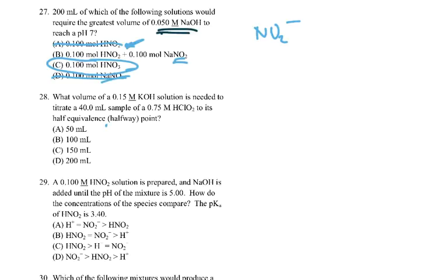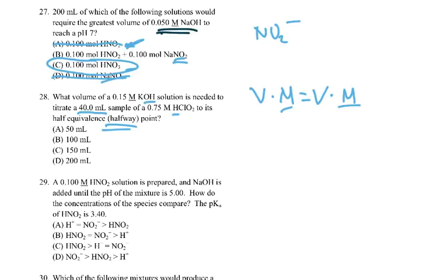Number 28, okay, what volume of KOH was needed to titrate 40 milliliters of 0.75 molar HClO2 to its half equivalence point. So let's just make a little trick here and say, well, instead of saying 40 milliliters, let's just say how much would it take to completely neutralize 20 milliliters. And because this has one OH and this has one H, we can do our shortcut and use our dilution formula,